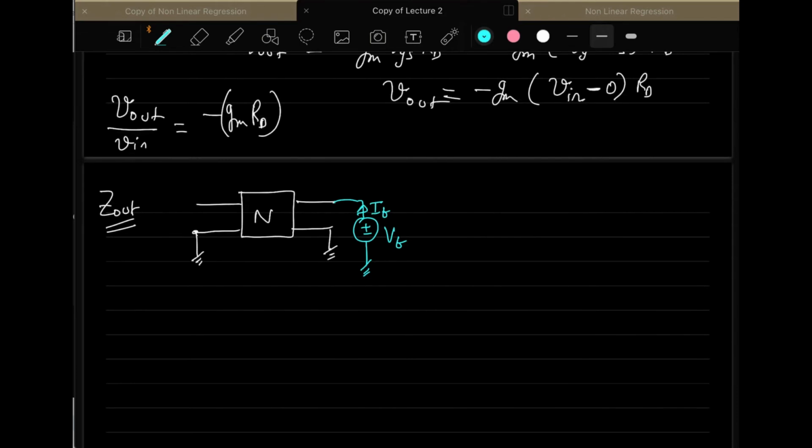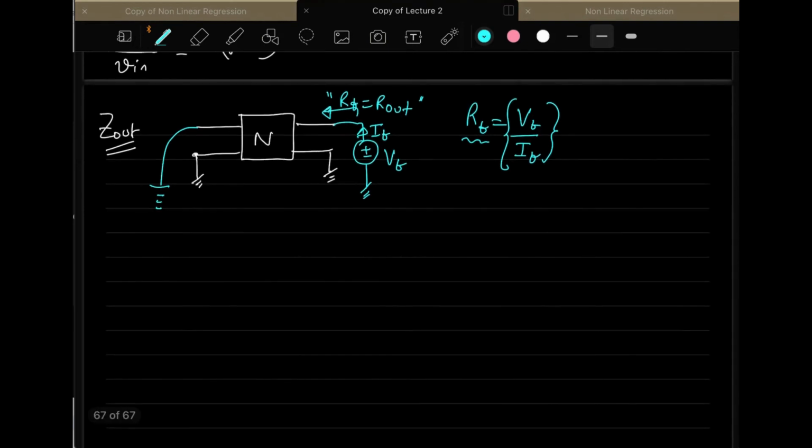And you connect the input terminal to ground like this. So if you connect the input terminal to ground and you apply a test voltage Vt and test current It, then whatever resistance you get is Vt over It. If you calculate this, you will get the resistance RT, which you are looking from here, and this RT is basically nothing but R out. So this is the way you calculate the output resistance.